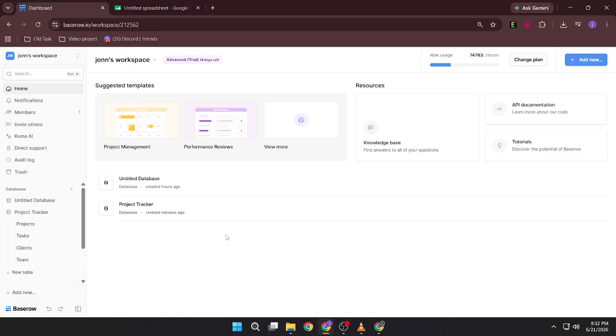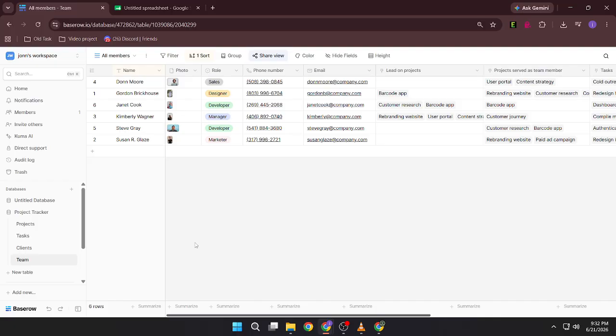First, log in to Baserow and open the database where you want to collect form submissions. Make sure your table is already set up with the fields you need. Each form is connected to a table. So make sure your table has the right fields like name, email, message, or any custom data you want to